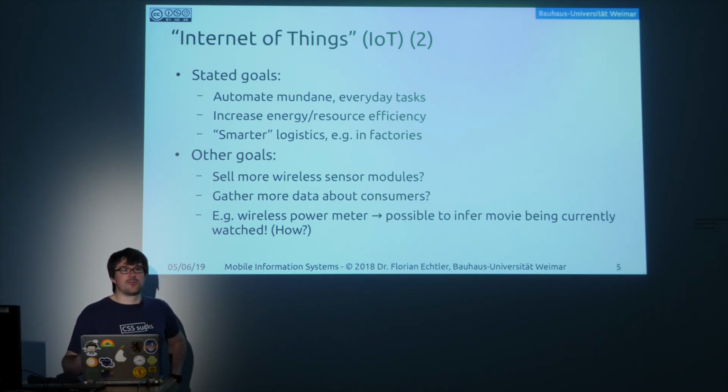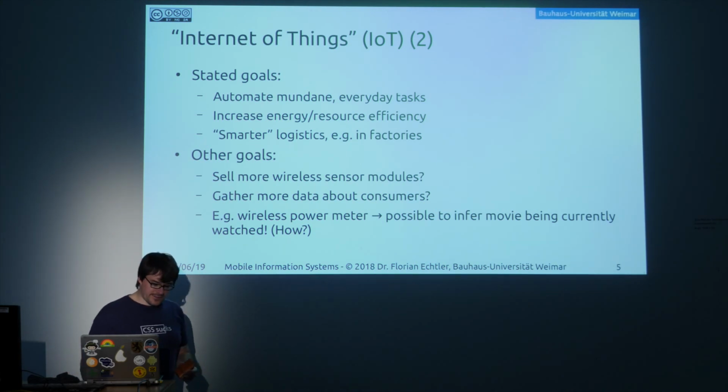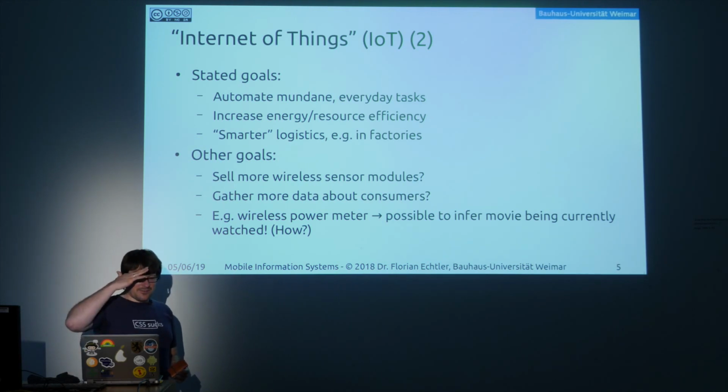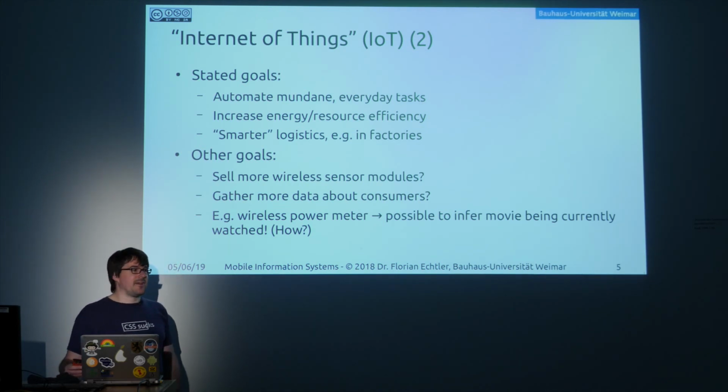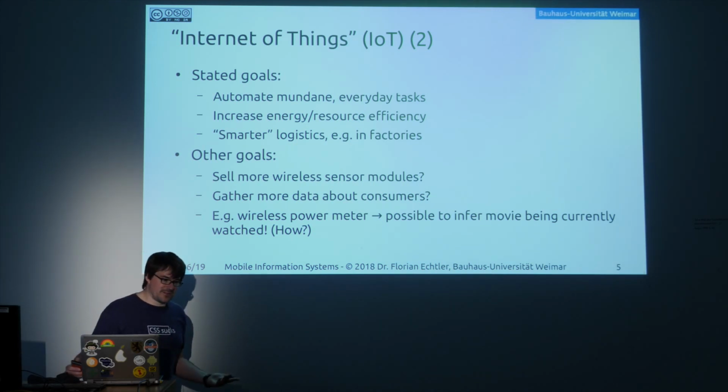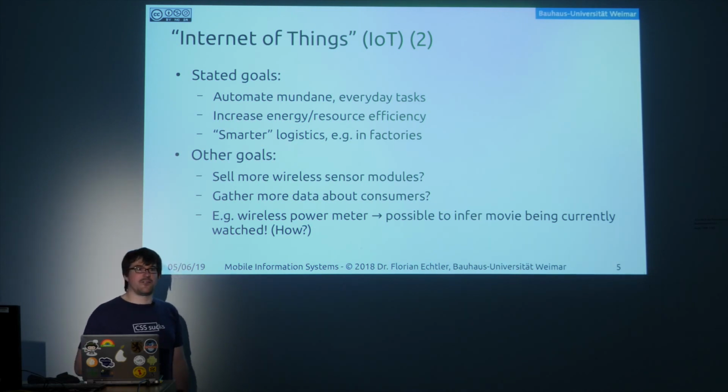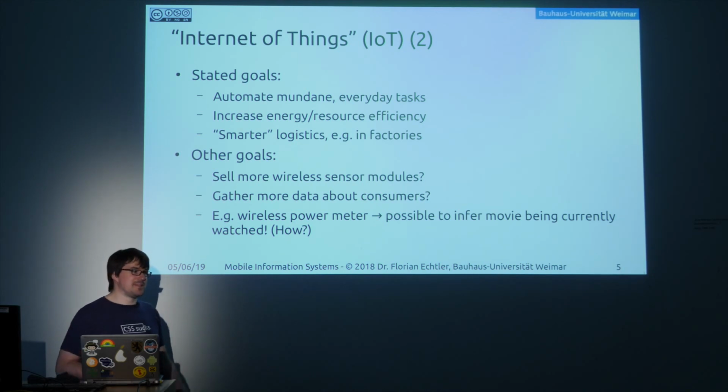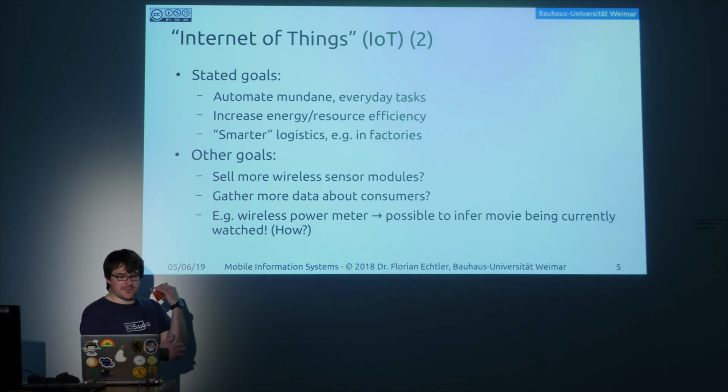That's still the power company or whoever has access to your power meter then knows it. This is, of course, another aspect we're going to talk about in a bit, that many of these Internet of Things devices have less than ideal security. So sometimes they just broadcast their data, and then somebody out on the street might be able to pick up that data too, and maybe not figure out what movie you're watching, but maybe figure out if you're on holiday, because this is also something that you can easily tell from your power consumption, because if only the fridge is running for 3 days and nothing else, then that probably means that nobody's at home. And then you can maybe just clean out the whole apartment. So, yeah.